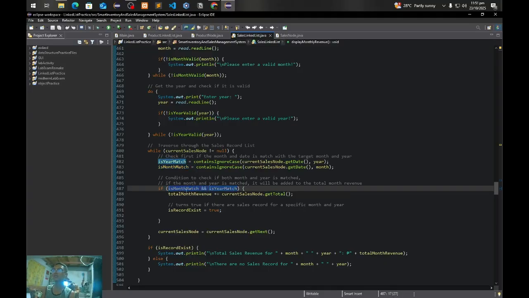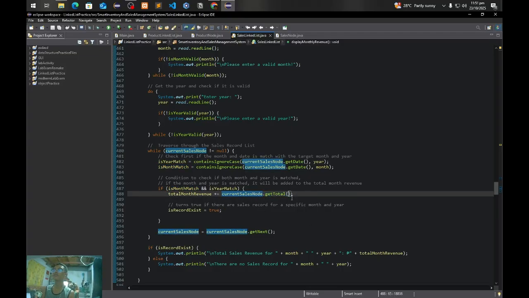These two boolean variables need to be true to run the code inside this if block. So for example, if the isMonthMatch and isYearMatch variables are true, then it will get the current sales node that getTotal, which is the total sales for a specific sales record, and then it will add up to the total month